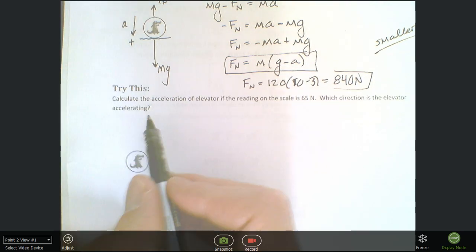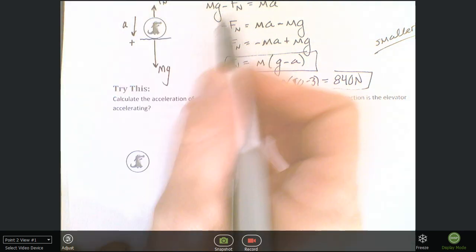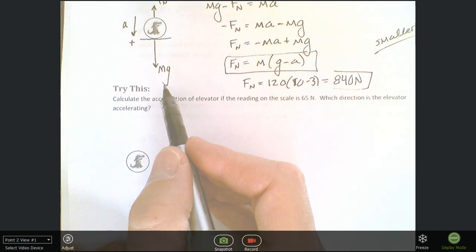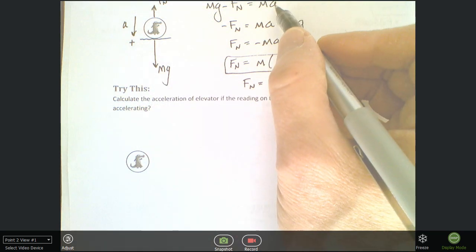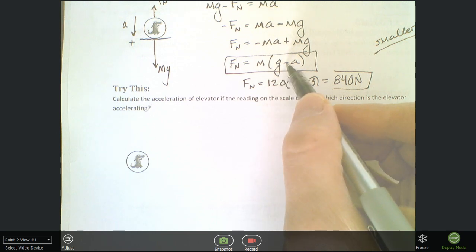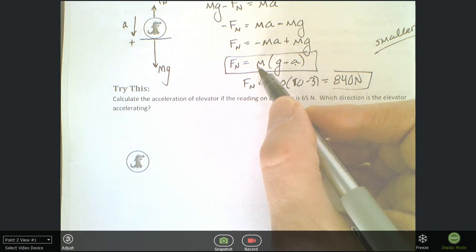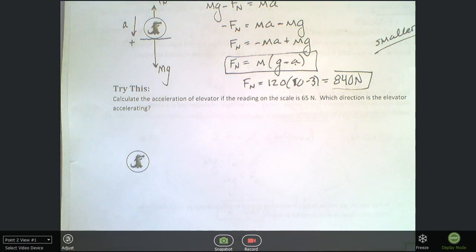And so here it says calculate. Well, it's one of the questions you can do later where if you cut the cord and the thing started to drop at 9.8, if you look at your formula here, if you go into free fall, if you use 10 meters per second squared minus 10 meters per second squared, you get 0. 0 times anything is 0. Your normal force would be 0, and you would be floating in the elevator,